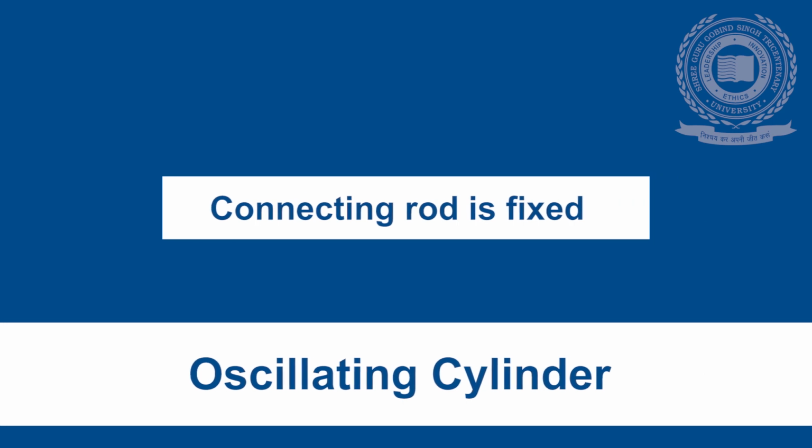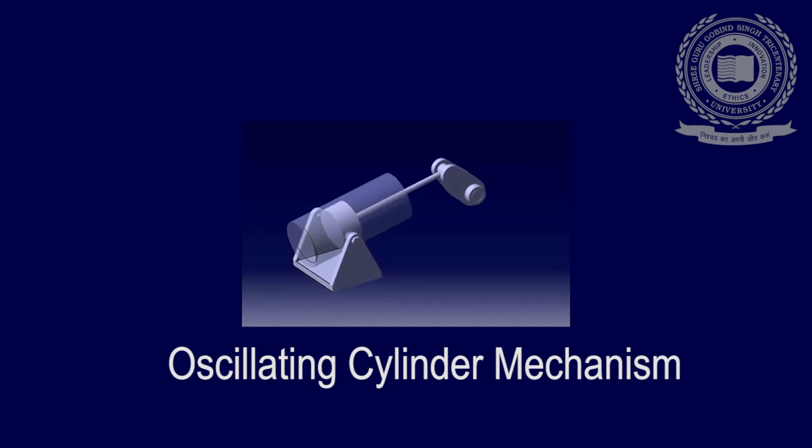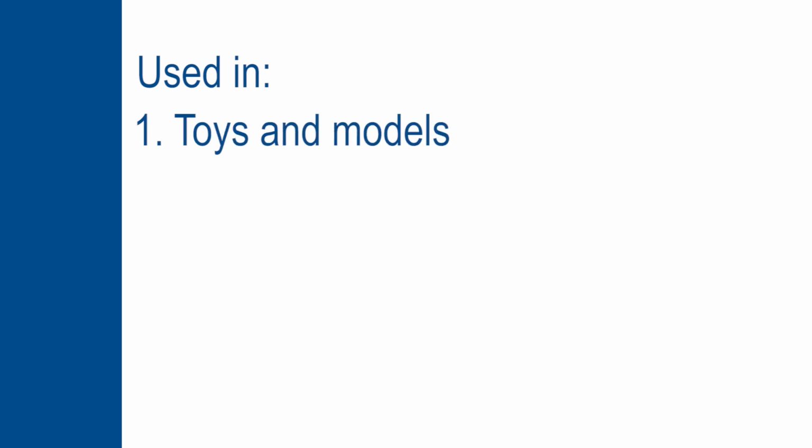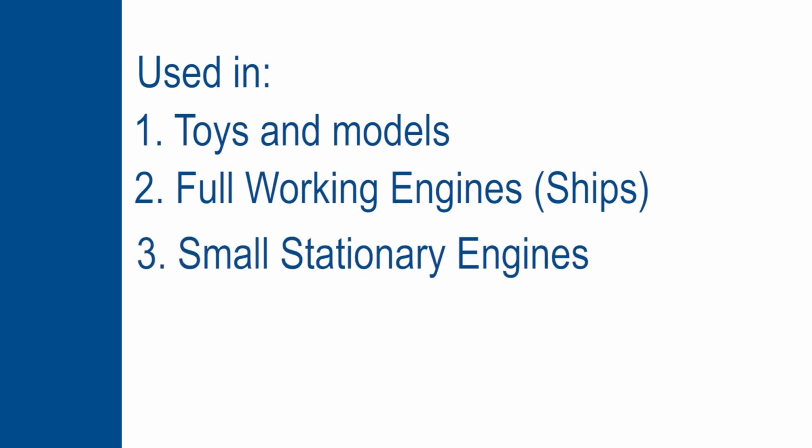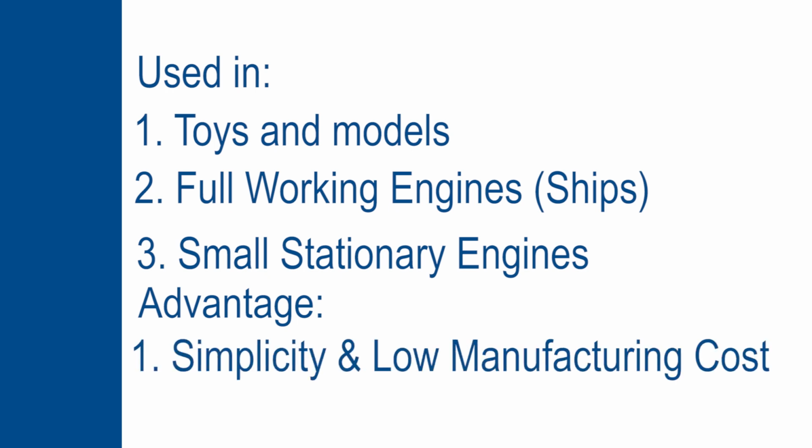Again, when the connecting rod is fixed, we get the oscillating cylinder mechanism. An oscillating cylinder mechanism is a simple steam engine design that requires no valve gear. In this mechanism, the cylinder rocks or oscillates as the crank moves the piston. Oscillating cylinder steam engines are now mainly used in toys and models, but in the past have been used in full-size working engines, mainly on ships and small stationary engines. They have the advantage of simplicity and therefore low manufacturing costs. They also tend to be more compact than other types of cylinder of the same capacity,